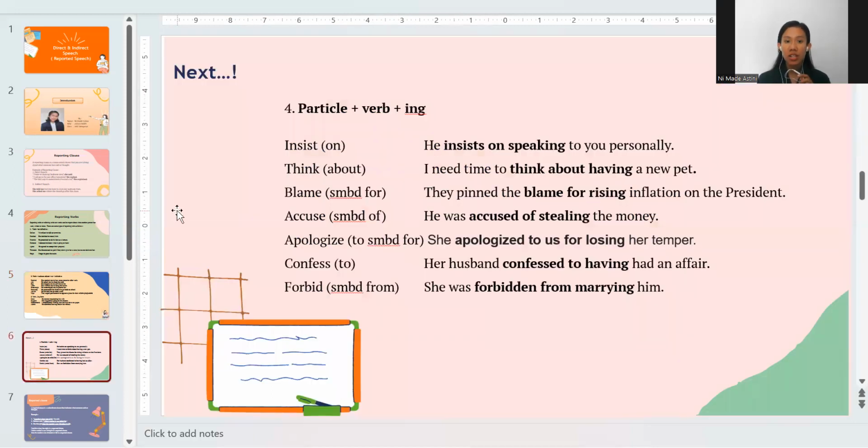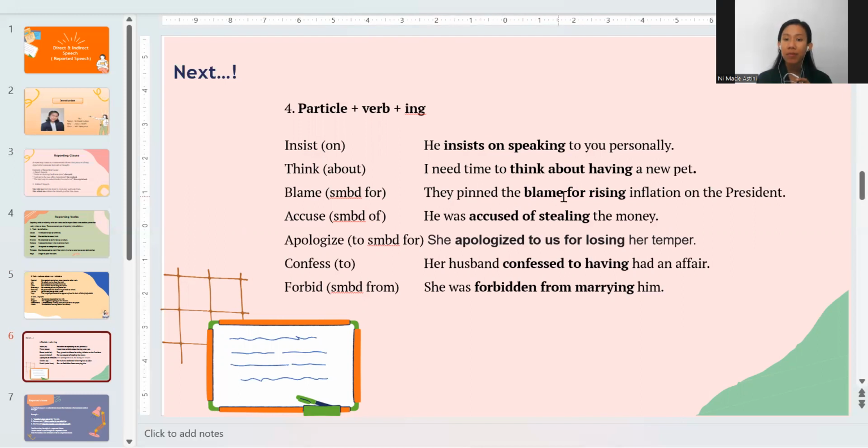The next one is preposition plus verb plus -ing. There are some verbs here too. The first one is insist on: he insists on speaking to you personally. So after "insist on" it is also followed by a verb with -ing, which is speaking. Then think about: I need to think about having a new pet. It is also followed by a verb with -ing. And then blame somebody for: